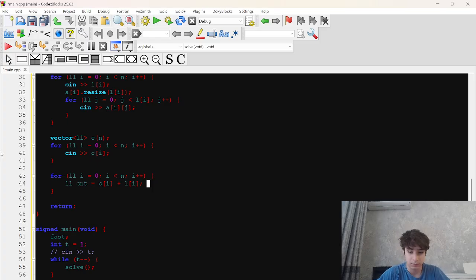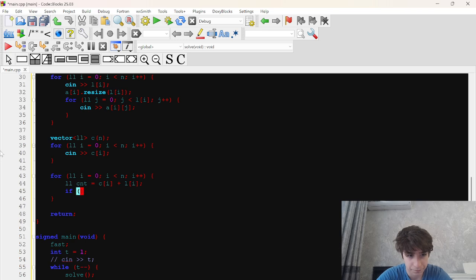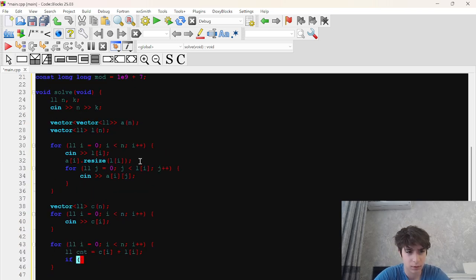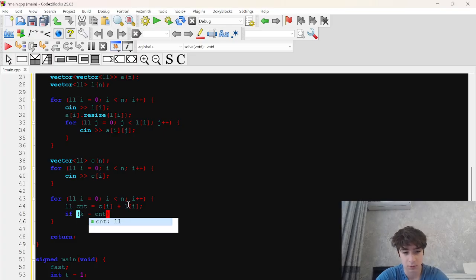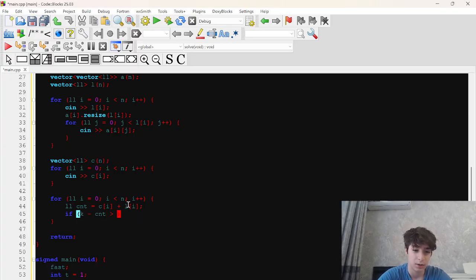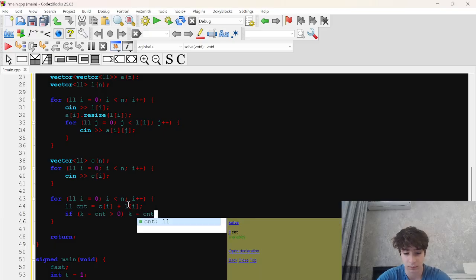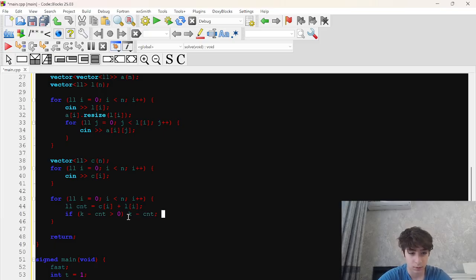For example, if it was k minus count is greater than 0, then the k minus count. At the else position we need to think.